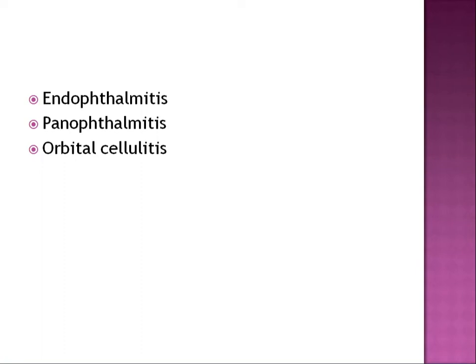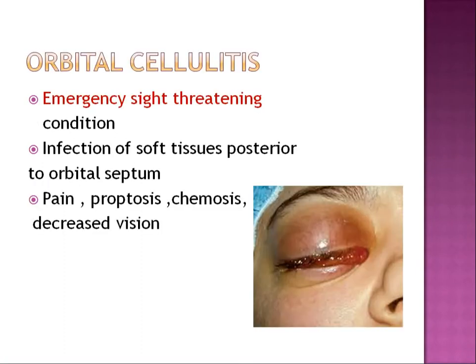Now, orbital cellulitis. This is also a vision-threatening complication, which can become a life-threatening complication. So we'll see this a little in detail. Always remember, when you are seeing a patient with this much lid inflammation, edema, and proptosis, and you can see the conjunctiva is chemosed and coming out, the patient will have systemic symptoms. The patient will have fever with chills, and a lot of pain. All these things point towards an orbital cellulitis.